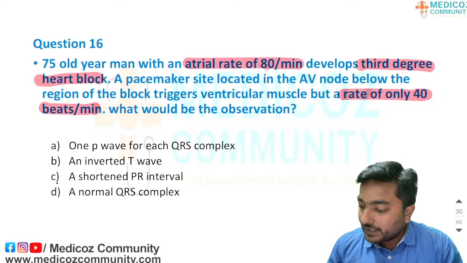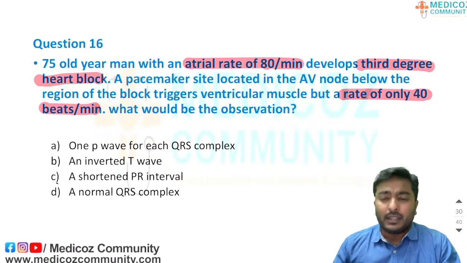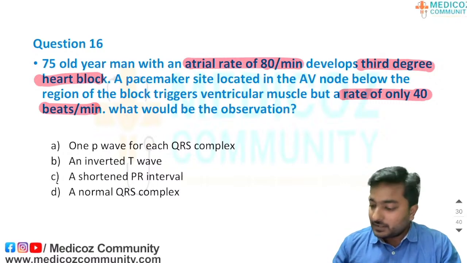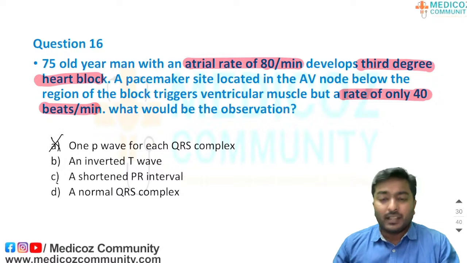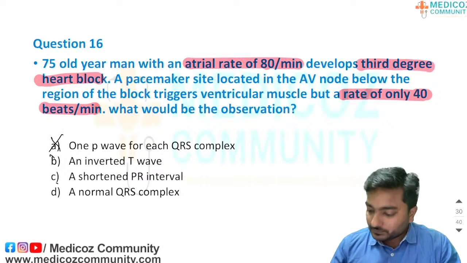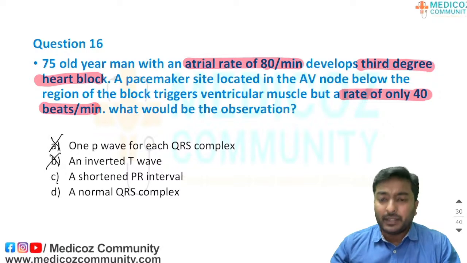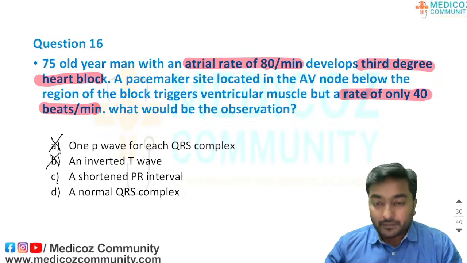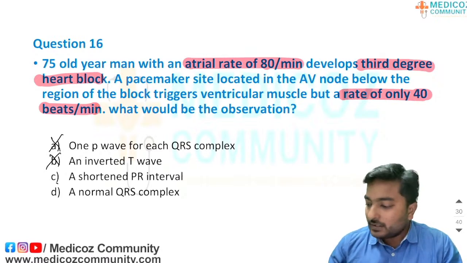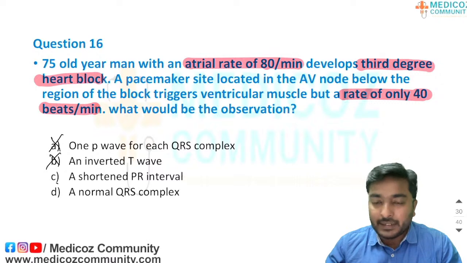Okay, so what could be the answer? One P wave for each QRS complex? No, there is no relationship between the ventricular pace and the atrial pace at which the heart beats, right? So this could not be the answer. An inverted T wave? No. Shortened PR interval? No, because in first degree heart block there will be a PR prolongation,